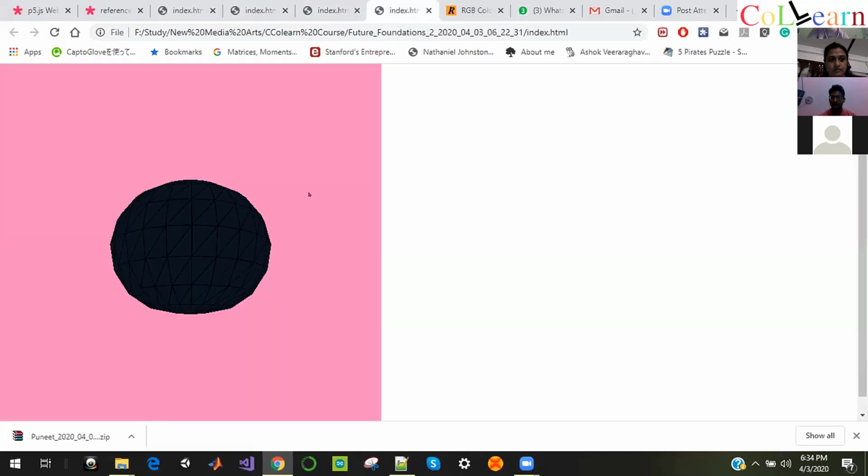The next thing is that everything you're making here is 2D. Our world is 3D, and we are moving to 3D, and that's why the p5.js library also provides the tools to create 3D objects like ellipsoids, circles, and spheres. That's how we'll move to the further animations.